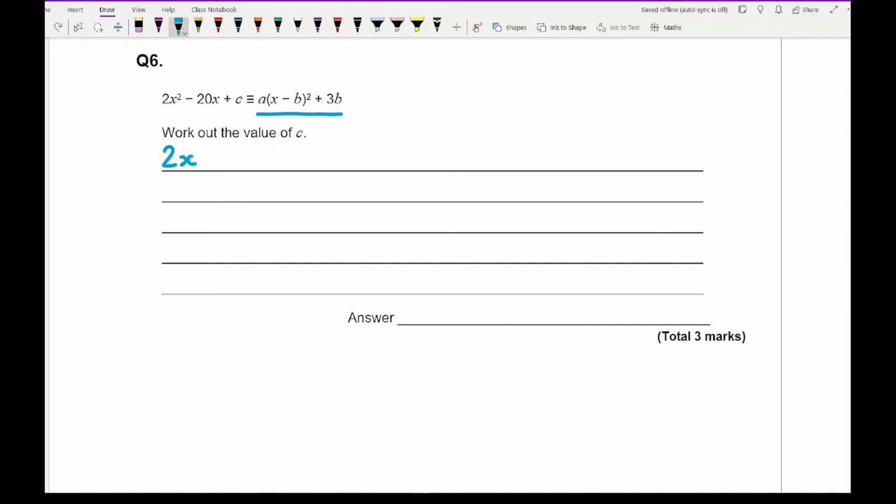So let me just start by writing everything out. So here we're going to end up with a. Now remember that this is a double bracket, so this here is x minus b, x minus b. A lot of students would write x squared minus b squared, which is completely and utterly wrong. So always remember that when you've got a square outside a bracket, it's a double bracket still. So here then we're going to end up with x squared minus 2bx plus b squared,